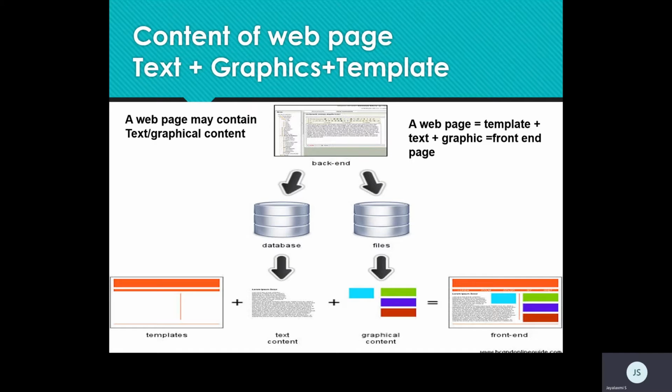These are all called a style, the representation, the template. Inside the template, I want to put text or graphics. The combination of these two with the backend connectivity gives me a front display, which is called a front end web page application.